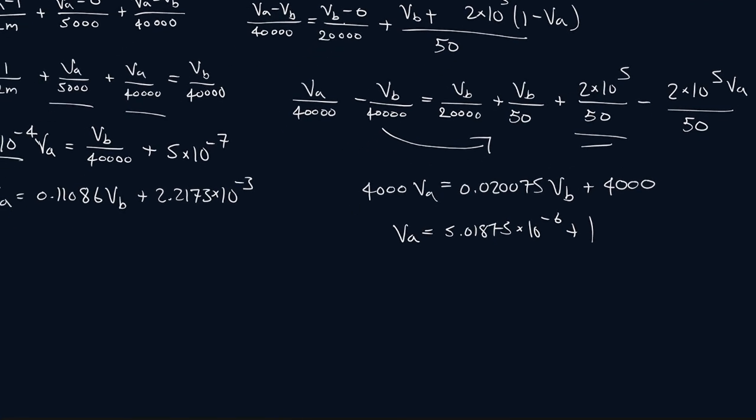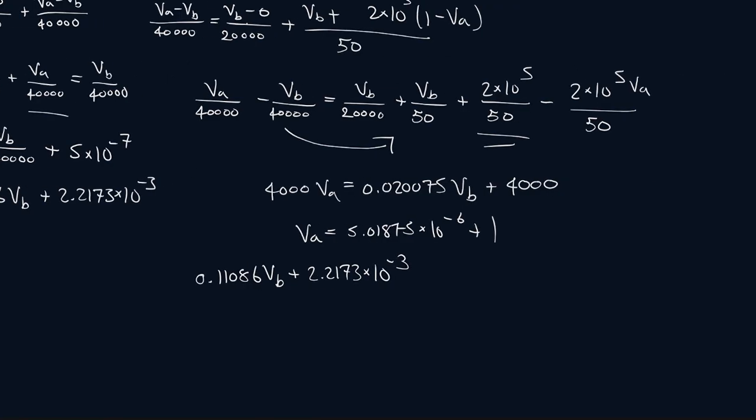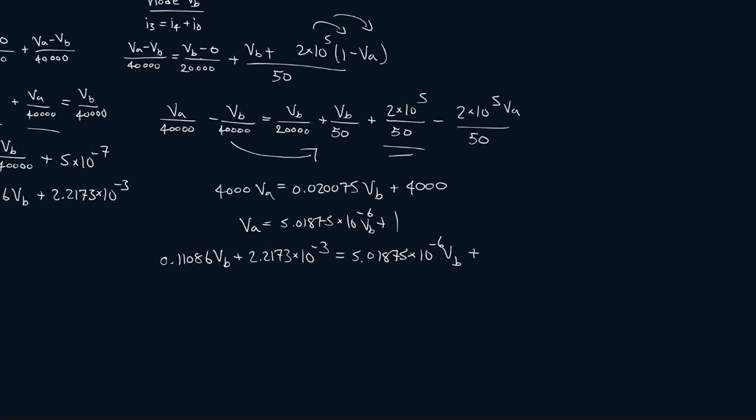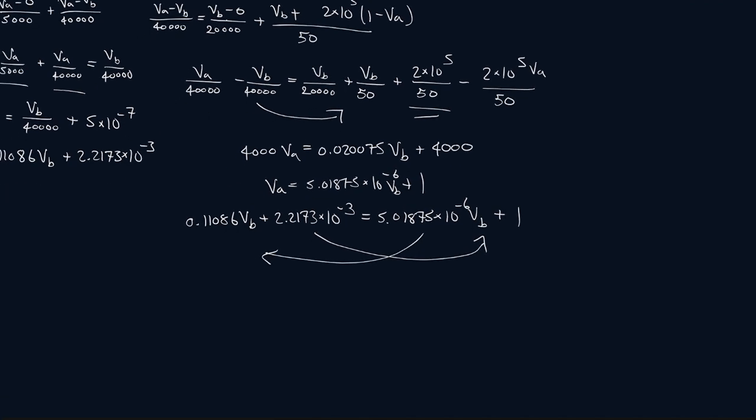So let's put in VA. Oh wait, there should be a VB here. Sorry, I forgot to include that, but good thing we caught that in time. Alright, let's bring this to this side and let's bring this to the other side. So it'll be 0.11086 minus all of that, which is